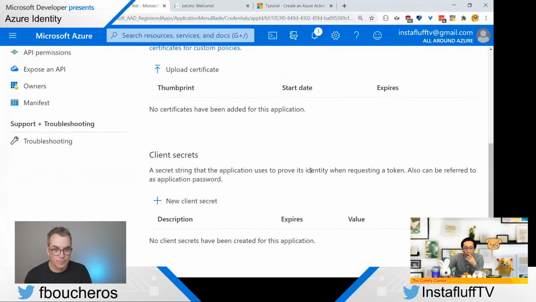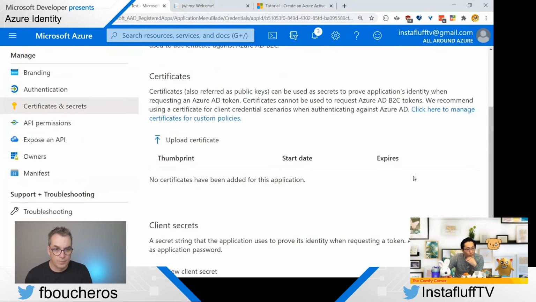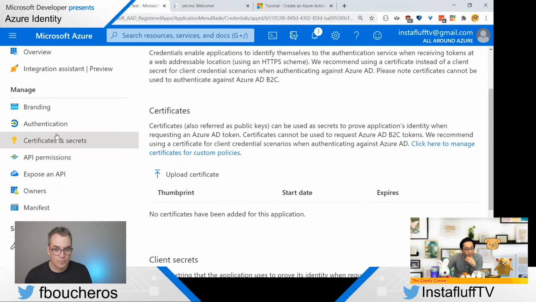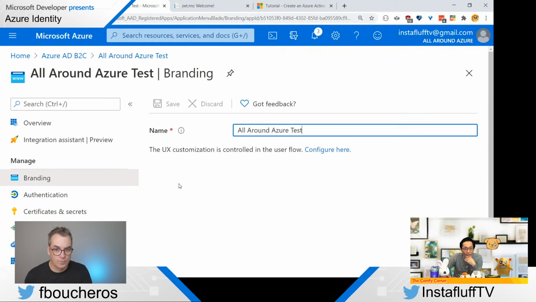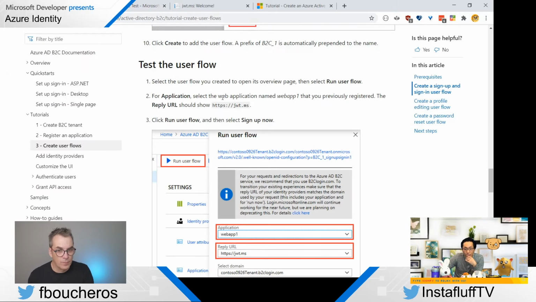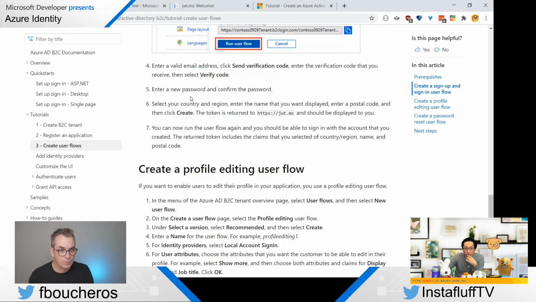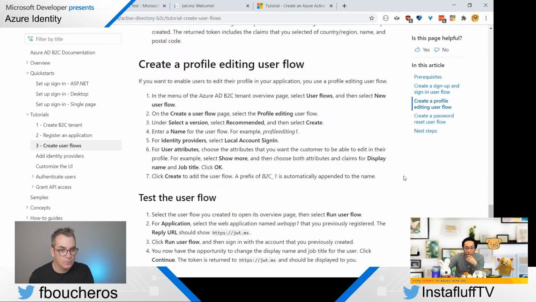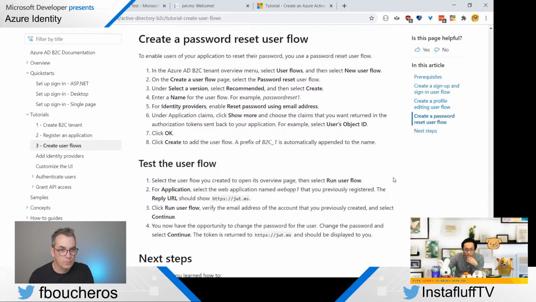Prove its identity when it's requesting a token, and this is where we can change the branding and stuff. Oh, UX customizations, we can run the user flow here. The profile URL should show here, and then your password, creating profile, edit user flow and password reset.